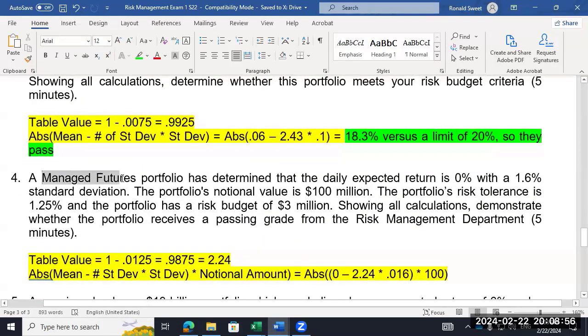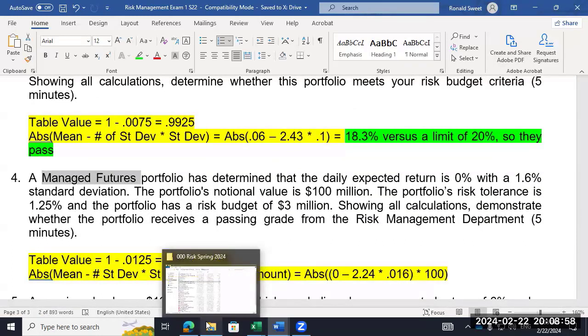All right. Managed futures. What in the world is a managed futures portfolio? Any clues? Managed futures did really well in 2008. If you've heard that before, what kind of strategy is it? What asset class is it? It's a hedge fund strategy. We're going to talk about hedge funds a little later. Managed futures are not as sophisticated as the hedge funds, but these are trend followers. They're watching the trend and they jump on because they think the trend's going to keep going. And when it reverses, they jump off and jump on the next trend coming down.